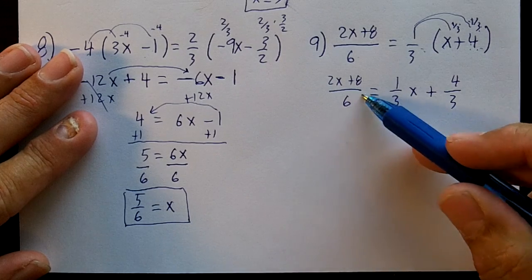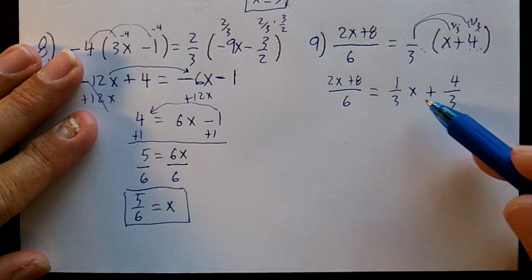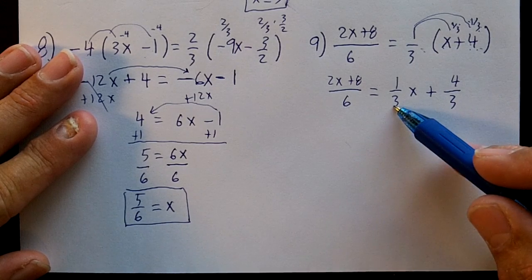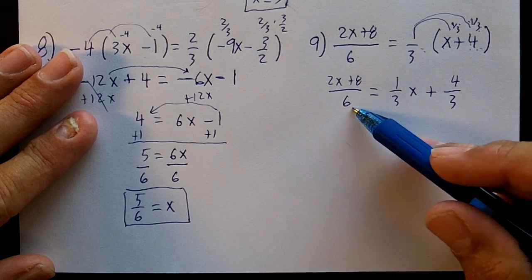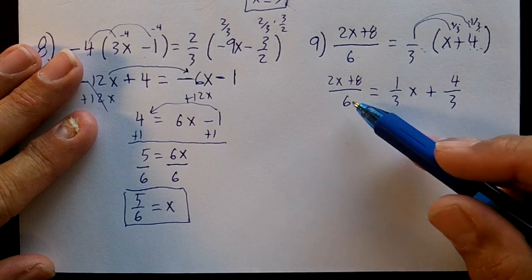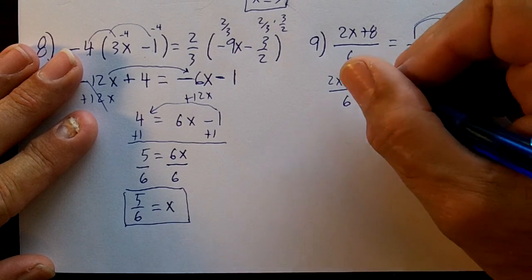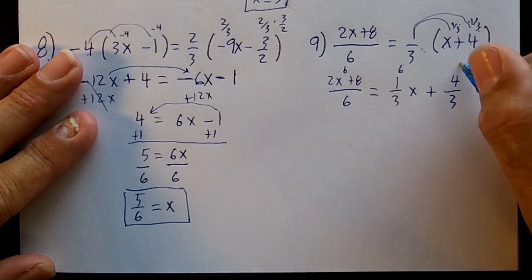Now then, I don't have any parentheses. I just have fractions. What's the LCM of 6, 3, and 3? Remember, the LCM is your common denominator. The common denominator will get rid of these fractions. The common denominator here is 6. So I'm going to multiply all 3 of these terms by 6. So I'm going to put 6 over the 2x plus 8/6, a 6 over the 1/3x, and a 6 over